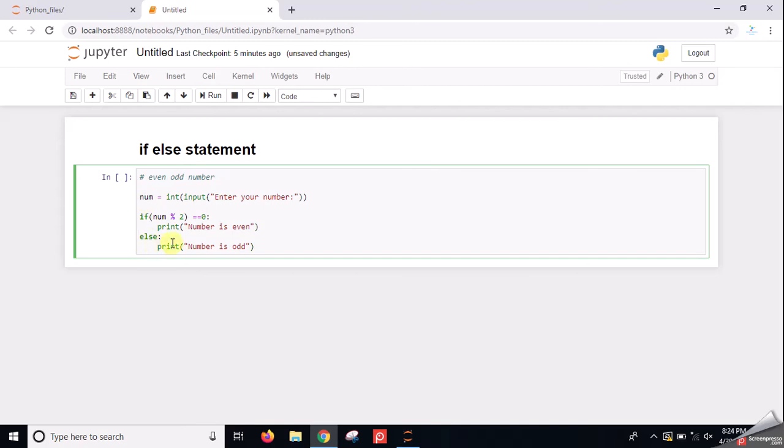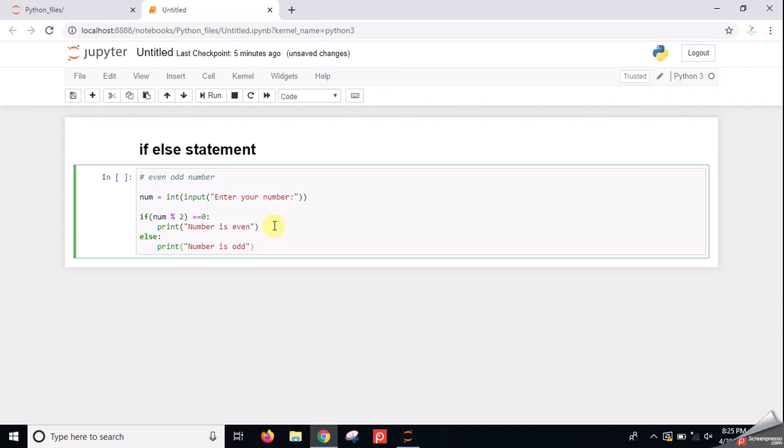As many statements as you can give inside any condition, but all have to be indented towards the right side. This is the foremost and important thing in Python. If you don't indent it, then Python will give you an error.